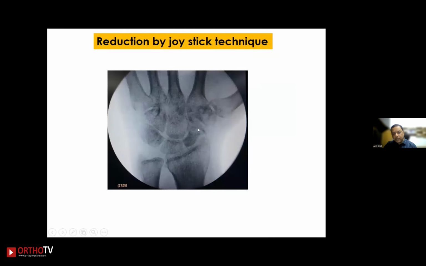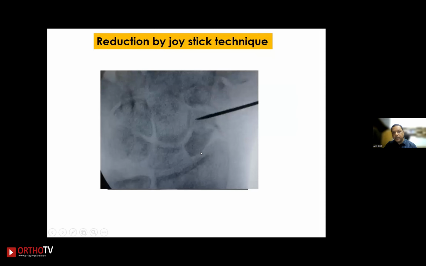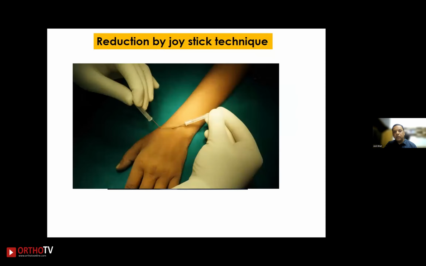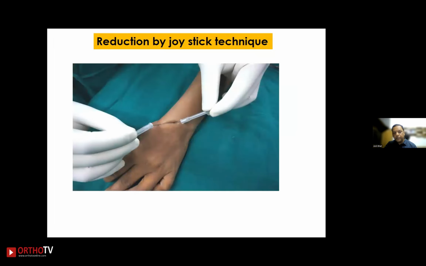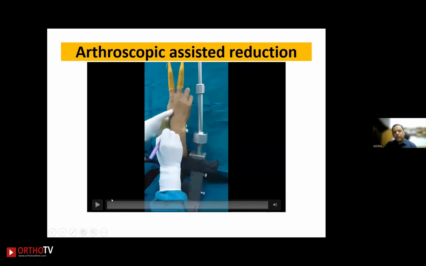If it is minimally displaced like this, you can reduce it. Like you put in joystick wires like this, and you can reduce it like this, and then still go by percutaneous technique. You don't have to open it. So you reduce it like this now, and then still you can do the percutaneous technique like this. Sometimes we use an arthroscopic assisted